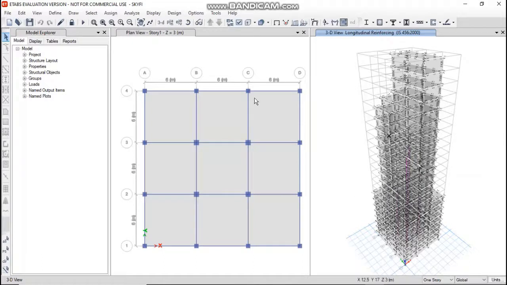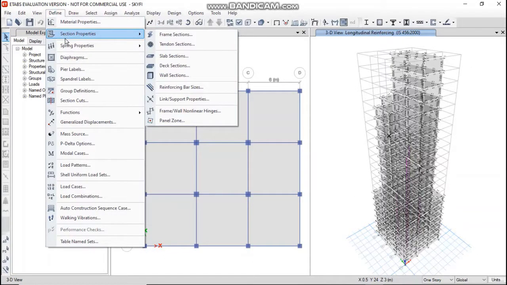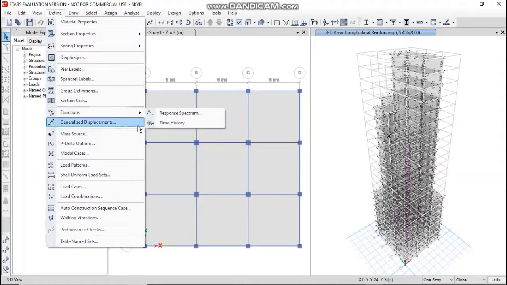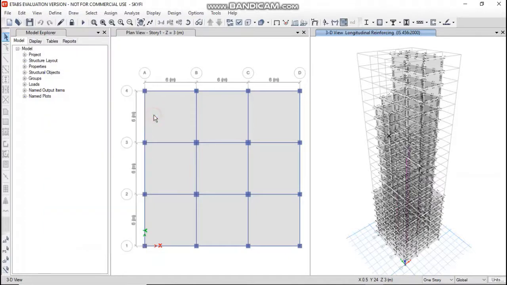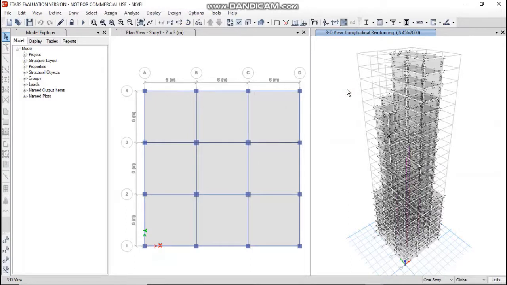So go to Define now, go to Functions and Response Spectrum. Before defining the response spectrum method, you must see that the seismic load has been assigned to this project.